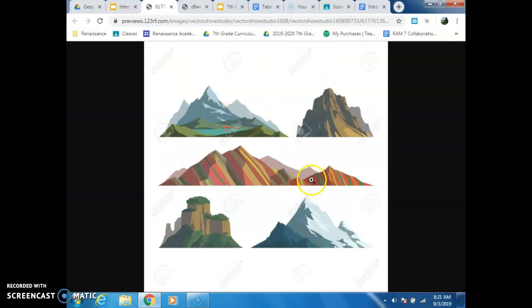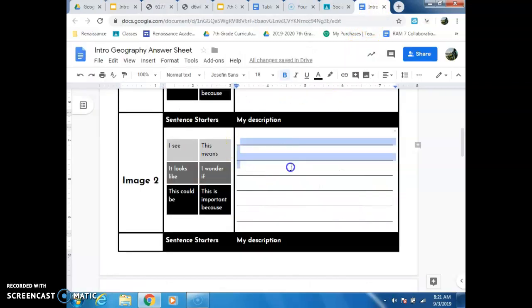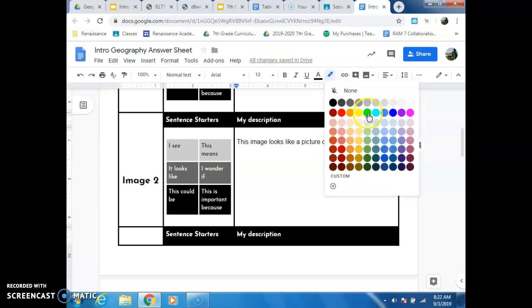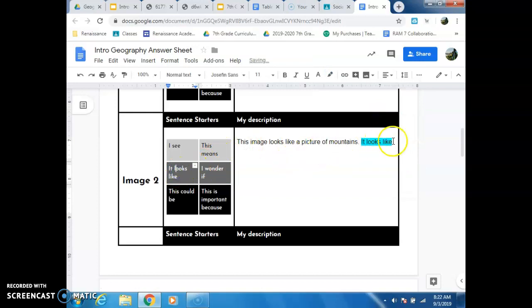Oh yeah, these look like mountains. So, instant reaction, these look like mountains. That means... nice, it looks like, sweet. I can use that one. This image looks like a picture of mountains. Now I didn't quite use this, and you can always mix and match. It looks like, see how I'm kind of flipping these around? You can always use my sentence stems whichever way you want. It looks like